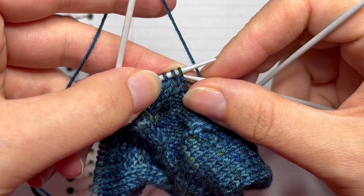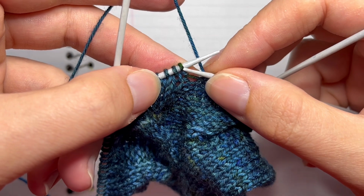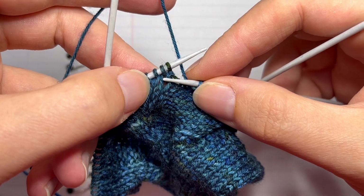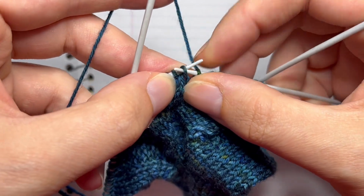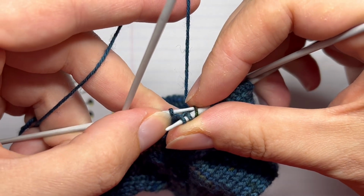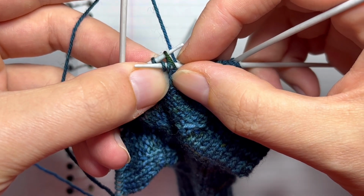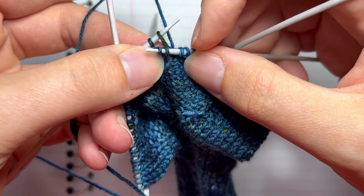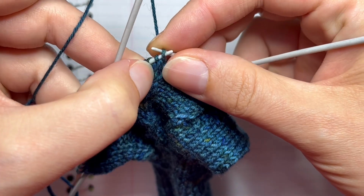So to do that, these are our 3 stitches we're going to work over. Here's our 2 knit stitches, here's our purl stitch, and the purl stitch is going to go to the back because that's our background. We've got our knit stitches here, we want those in the foreground so they'll be to the front. So just like we did before, we're going to slip our 3 stitches over to the right needle. We're going to bring the left needle to the back to get that purl stitch, our background stitch. I'm going to pinch the stitches right below the needle, reinsert the right needle to our 2 knit stitches, bring them across in front so we can slide them back to the left needle,